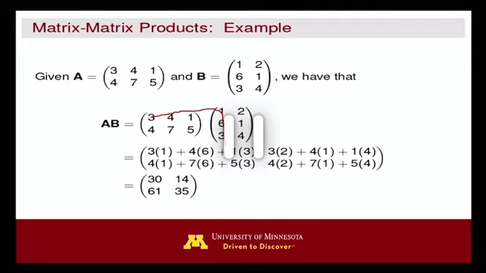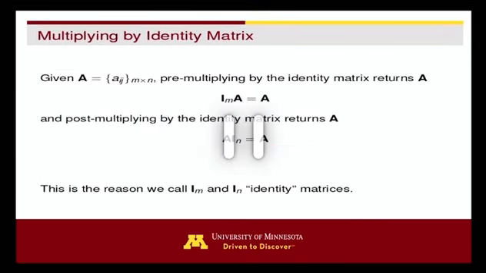Now lastly, this is the last page. Multiplying by the identity matrix. Of course, the identity is more or less like 1. If I multiply a matrix by an identity, I'm actually going to have the matrix back. Now, all of these are very, very essential when we're trying to analyze